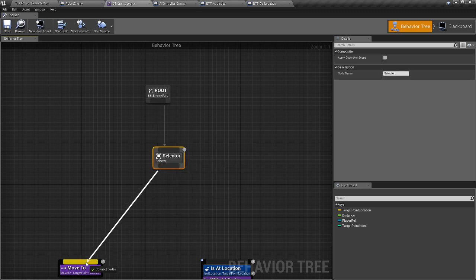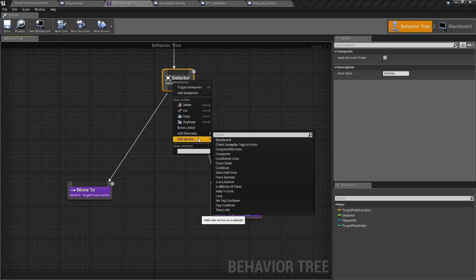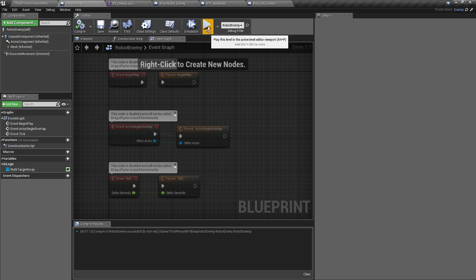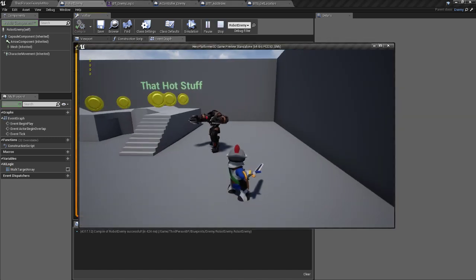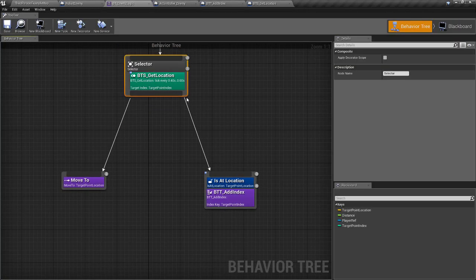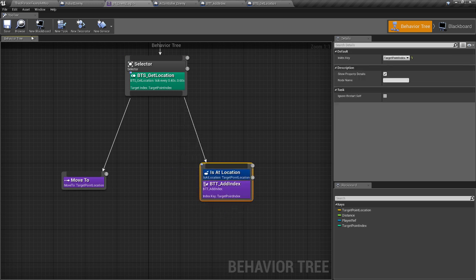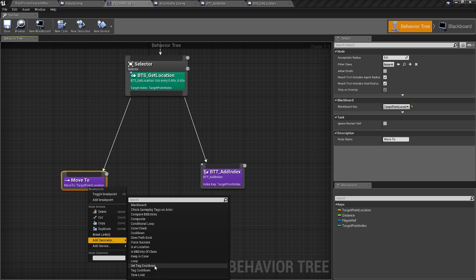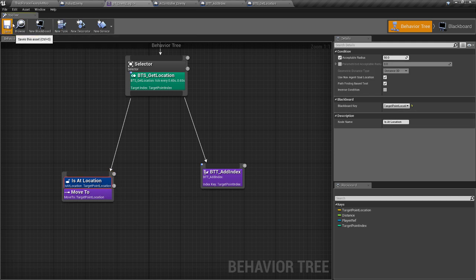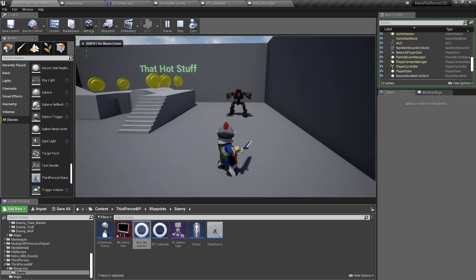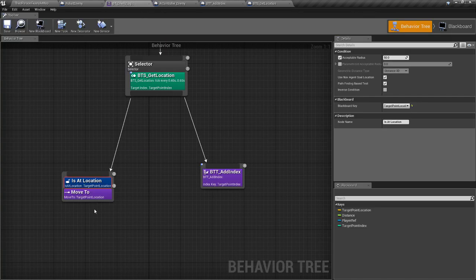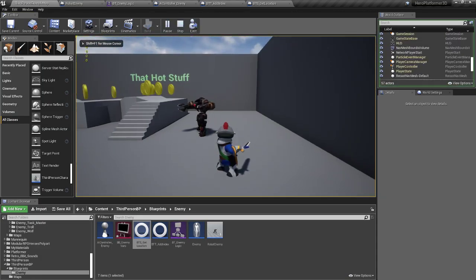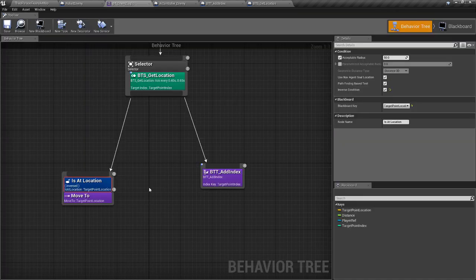So this really should be a selector, right? That's not working. Okay. What the hell? Oh. That's right. Okay, so that works, but let me inverse this. Okay, so that will work, but